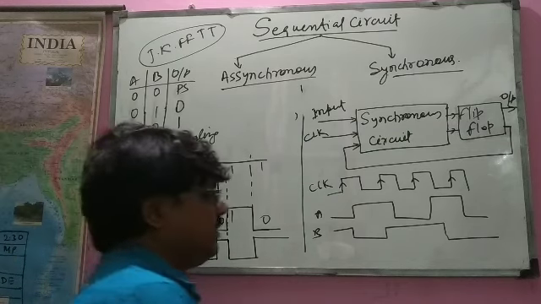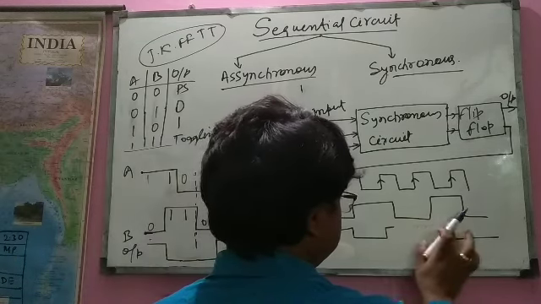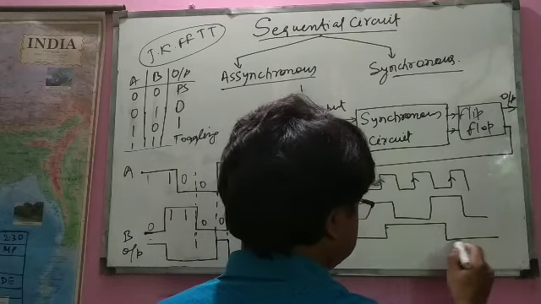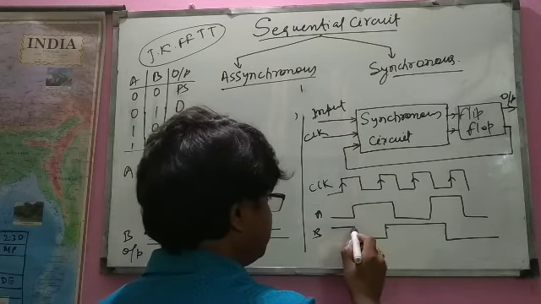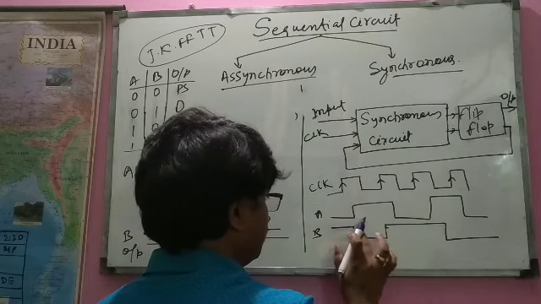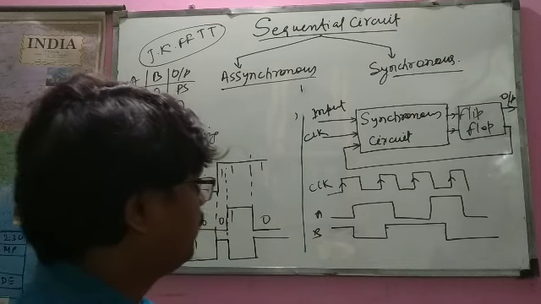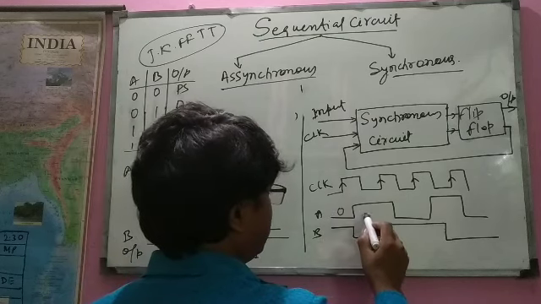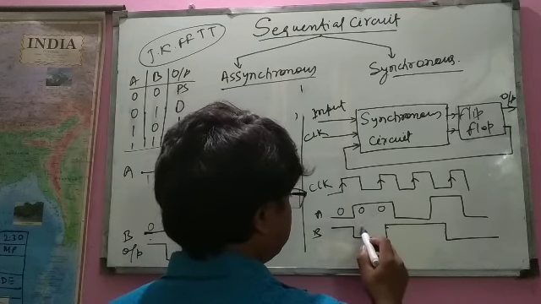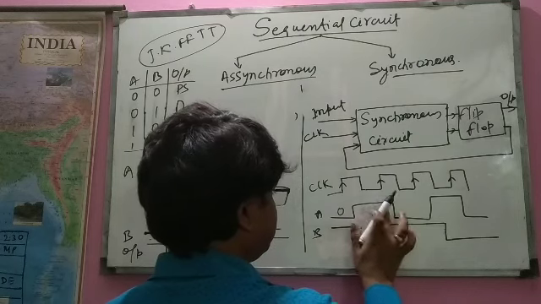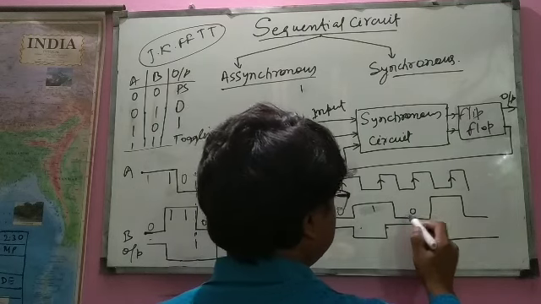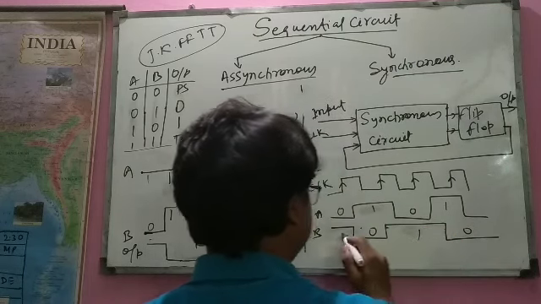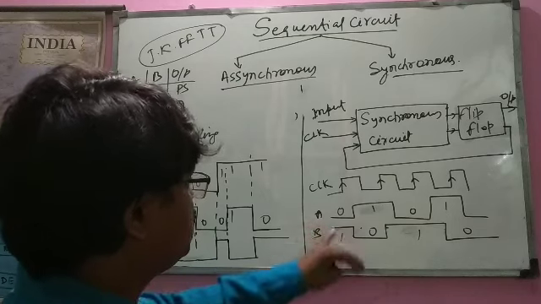But see the case here. Here is the different case. Its output will not change whenever the input will change. Okay, its output is changed. Sorry, this is 1, this is 0, this is 1, this is 0, this is 1, and this is 0, this is 1. Okay, so its input is 0 1.